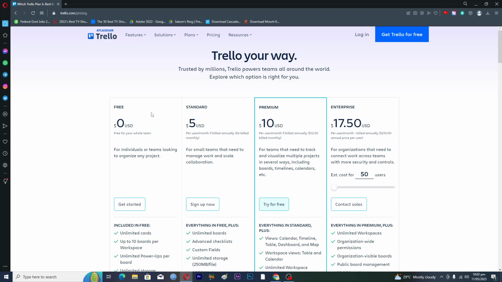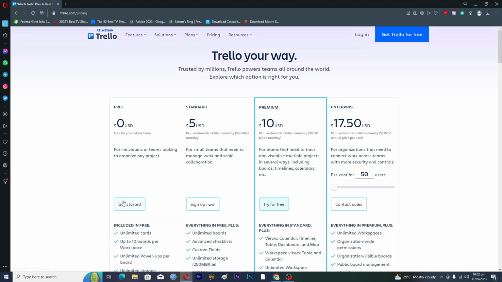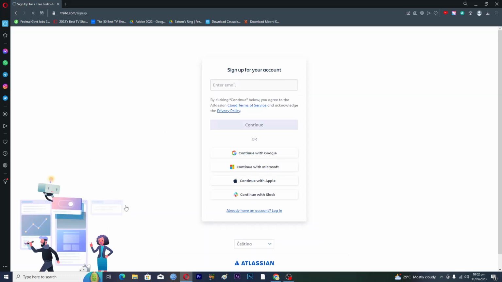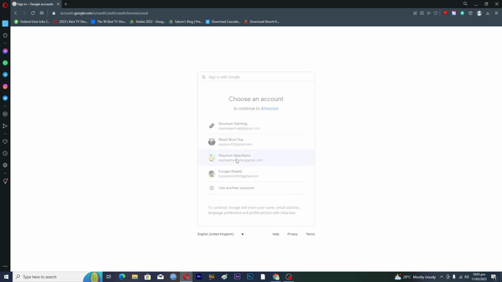this free version. Okay, so first of all we have to create an account on it. So we will tap on this get started here with the free version, and now it is saying that you can sign up for Trello. So you can either enter your account here, or you can continue with Google, continue with Microsoft, continue with Apple, and they even have Slack support here. So I will just click on this one where it says continue with Google, and then my Google accounts will open up. So I will choose this account here,